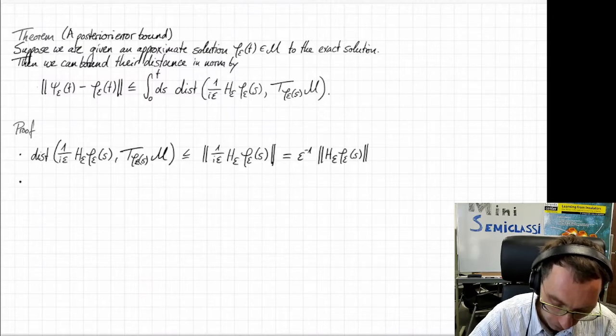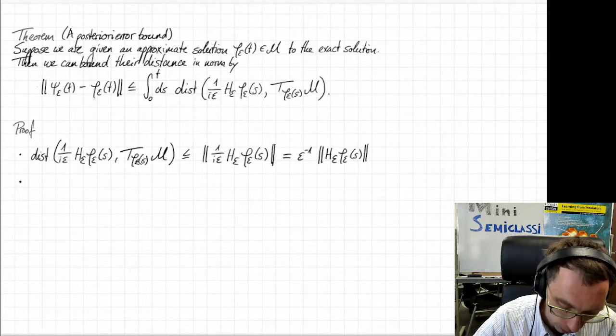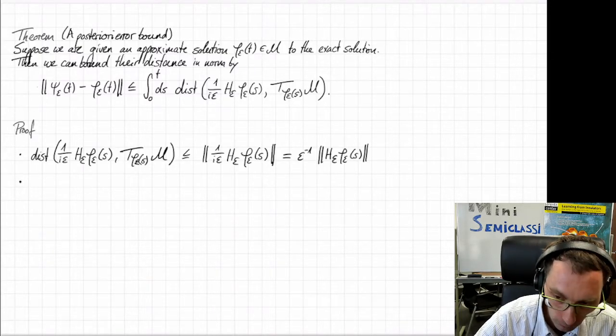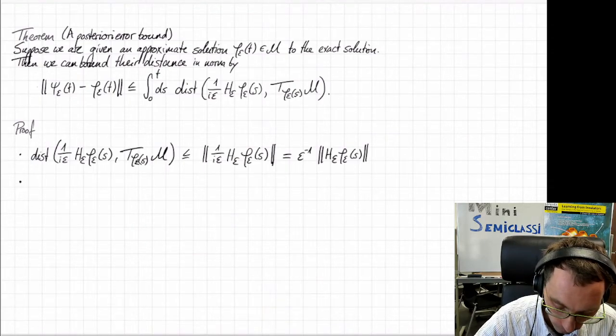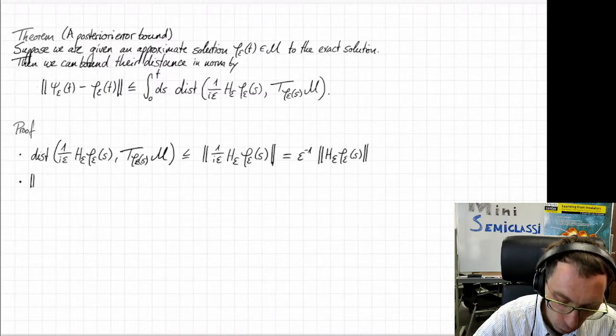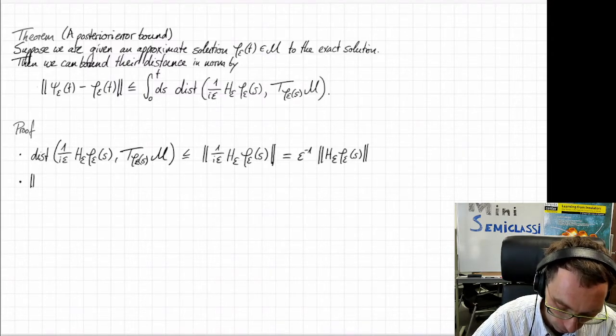So Gaussians are exact solutions to quadratic potentials. And that means that, and I'm using the notation introduced on the previous page,